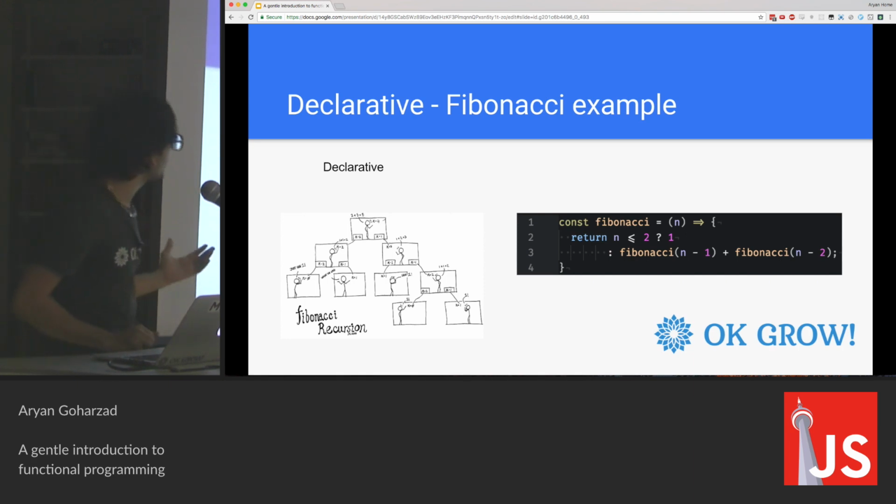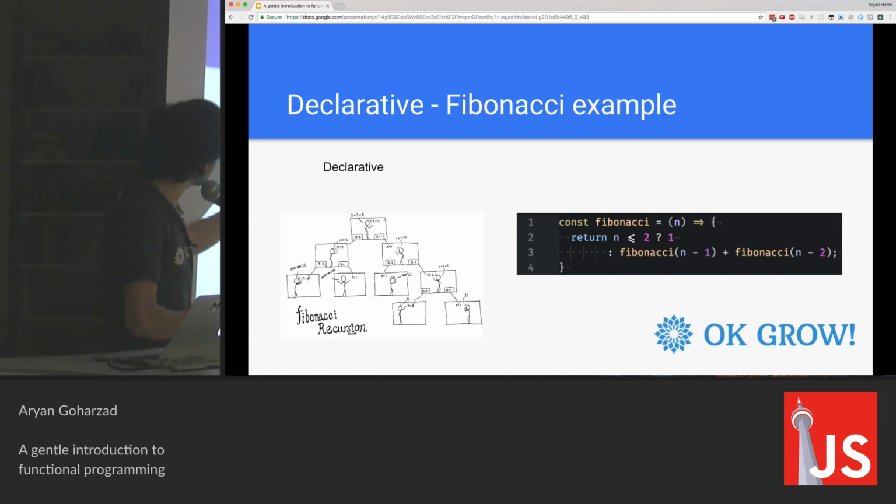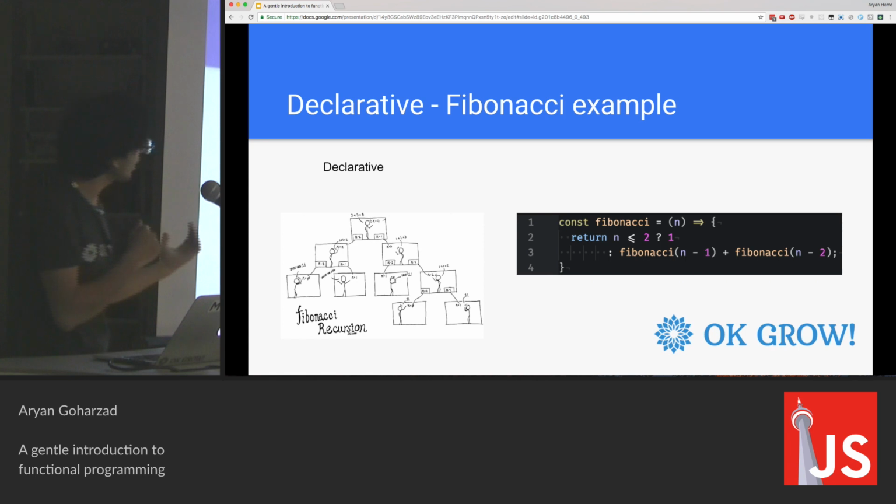This is in contrast with the functional approach, where instead of having only 5 variables, you have a lot of function calls. So if you want to calculate Fibonacci of 6, you say get Fibonacci of 5 and 4, and then those two each call a bunch of other functions. So you don't have a lot of variables, but you have a lot of function calls, which means if you want to calculate Fibonacci of 1,000, it takes more space in your memory than if you were going to do the same thing the imperative way.